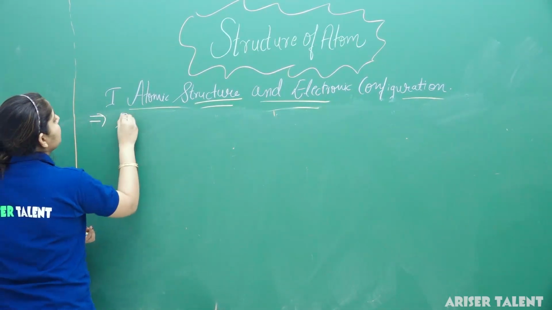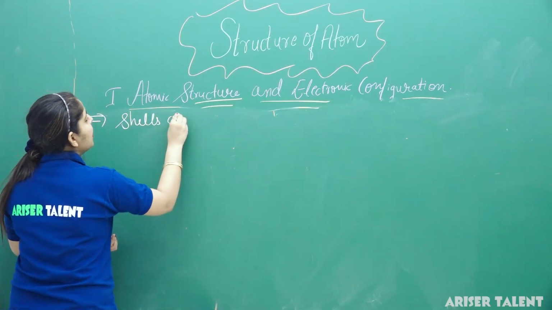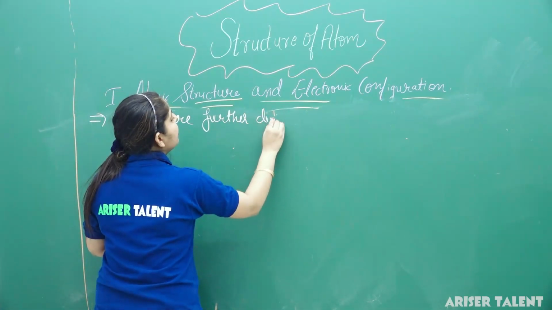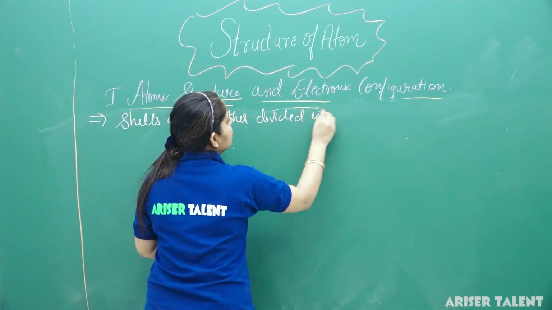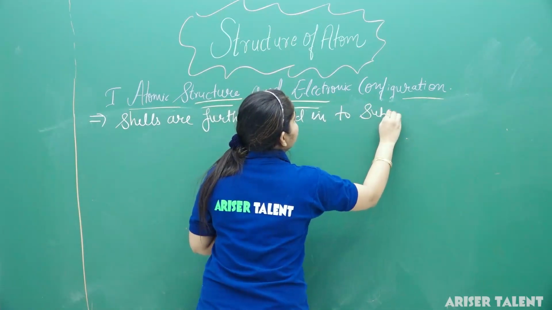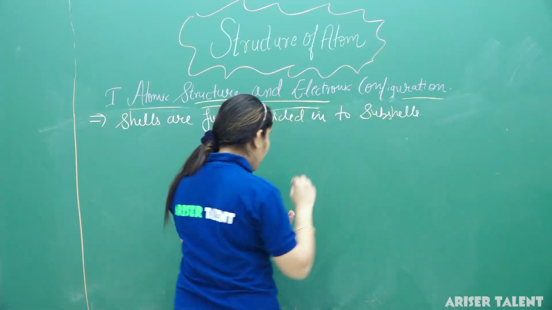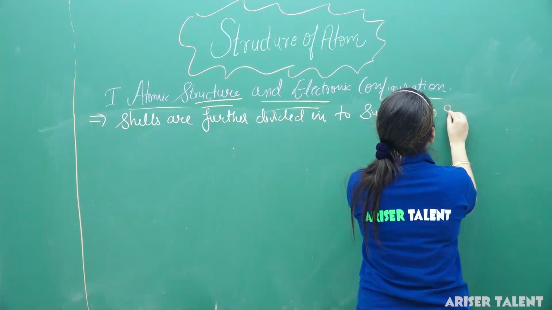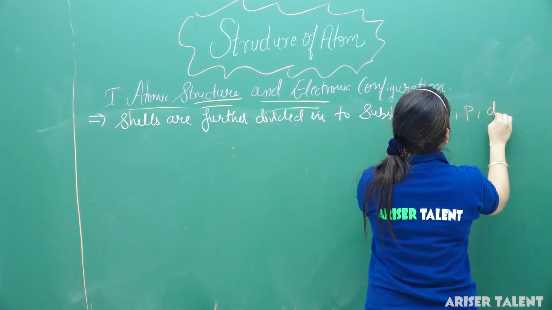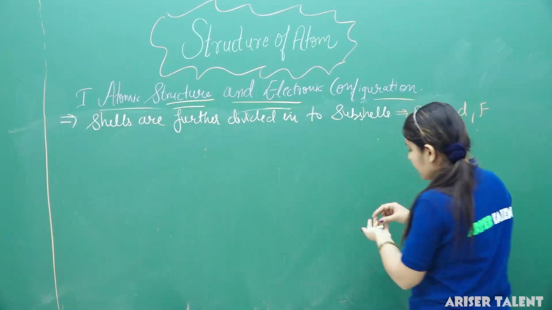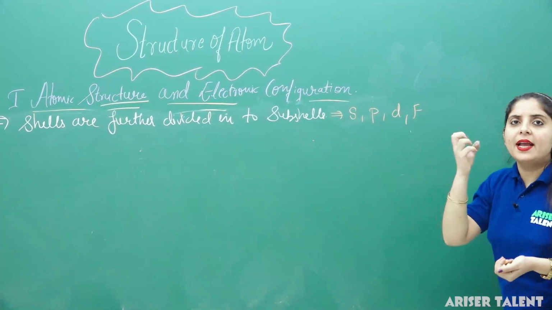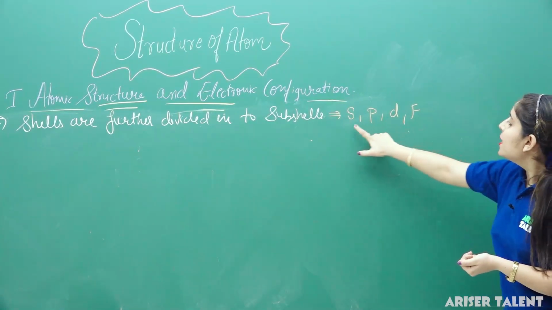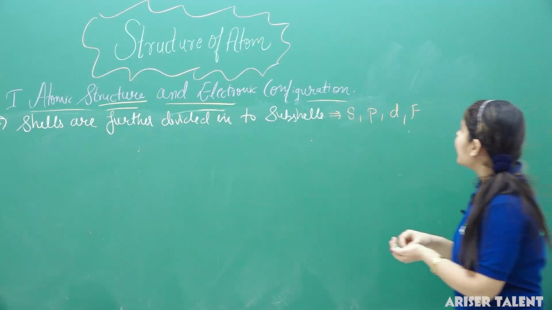It means shells are further divided into subshells, and we have 4 subshells here. These subshells are S, P, D and F. These are the 4 subshells which will accommodate a maximum number of electrons according to their shells. So we have 4 subshells S, P, D and F, and these can be written as